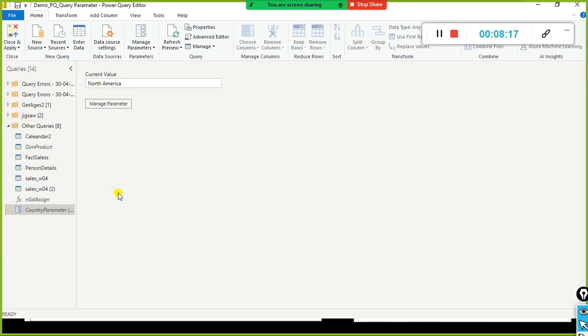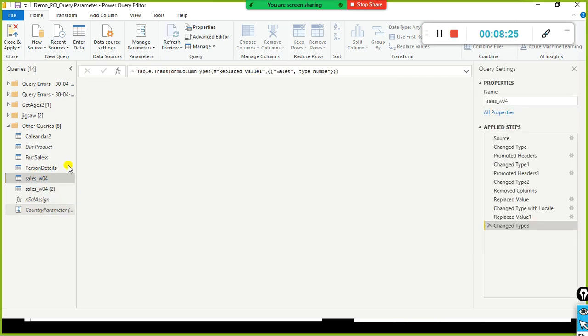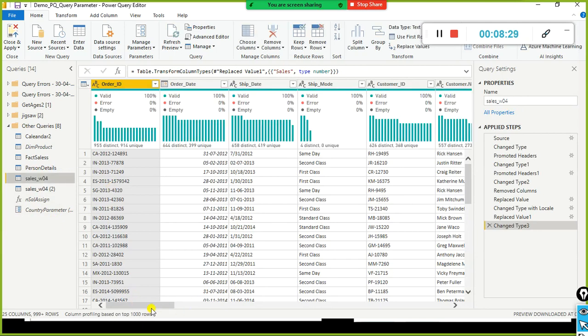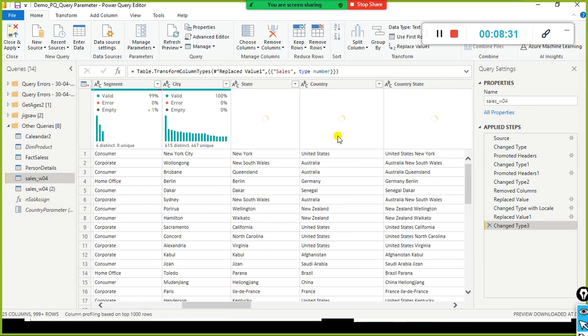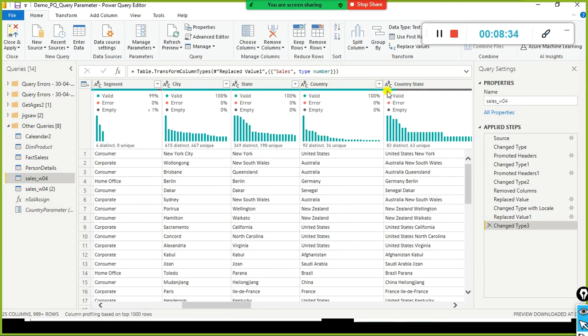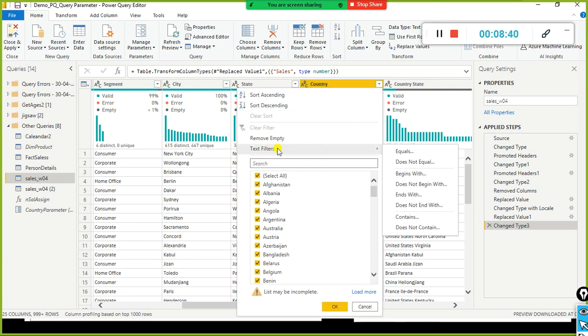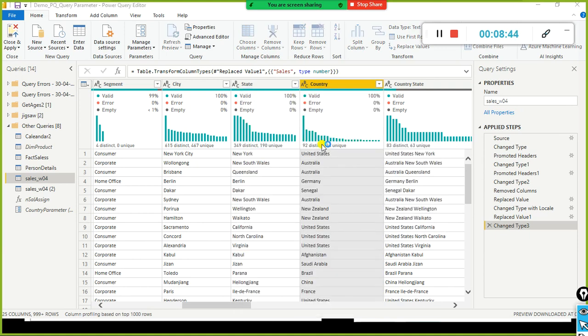Fine. The next thing is, step 1 is over, and step 2 is now you need to use this parameter, isn't it? Where you will be using it? In this data set, Sales W04. This parameter, we created it to pass it to my country column. So hence I'm going to click on this drop down menu. Here you will find text filters. And if you go here and select equals, it will take some time and it will open